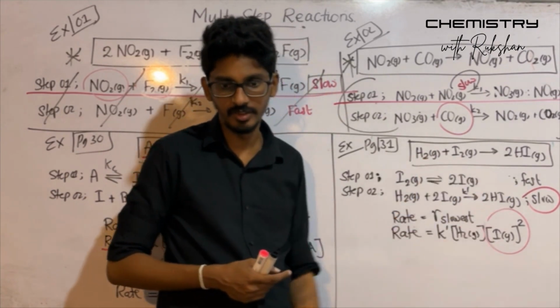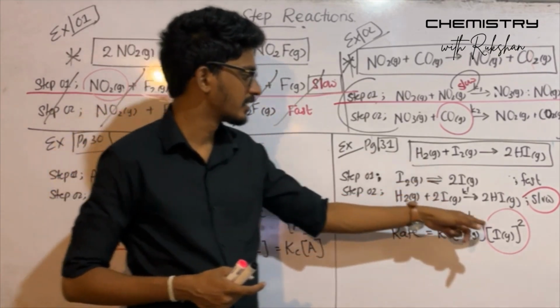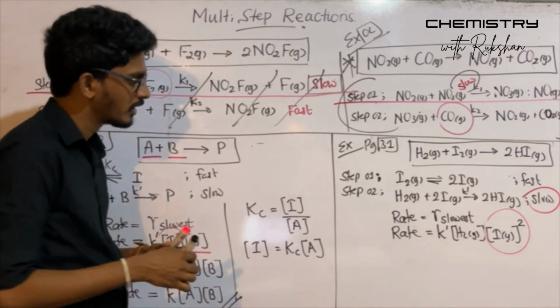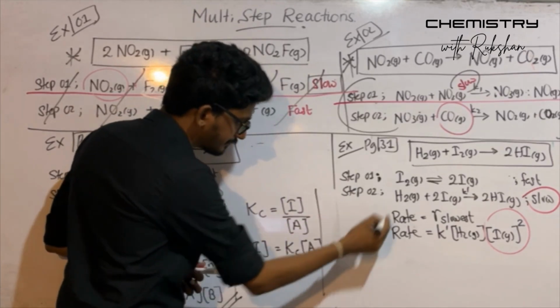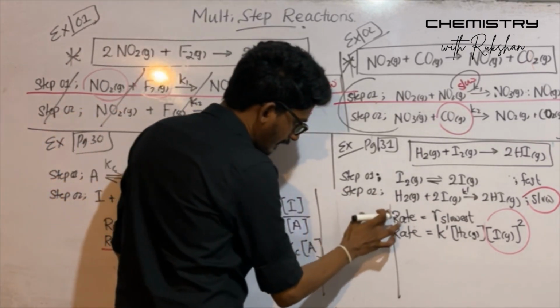I gas is kind of an intermediate. So we have to get rid of that I gas. So what to do? You can apply the concept of equilibrium. You can apply the concept of equilibrium. So one can write